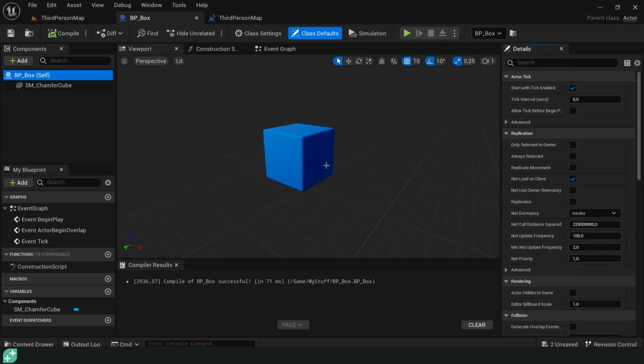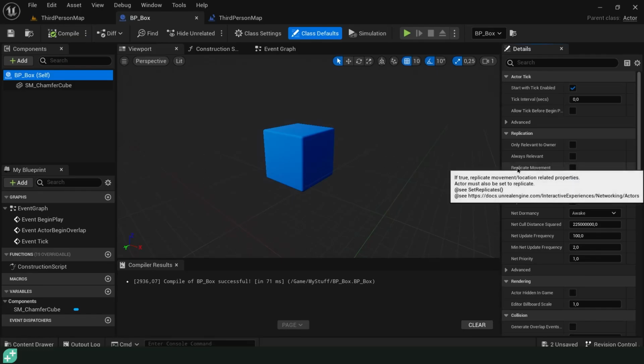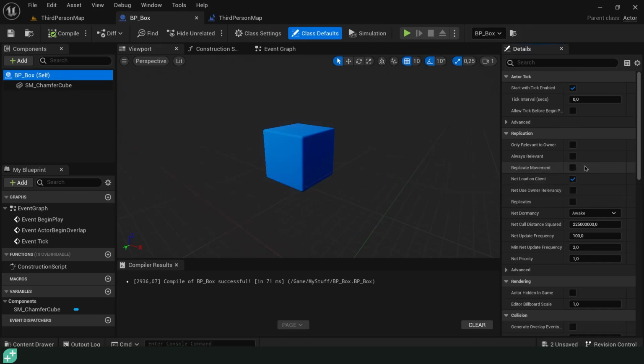It has a static mesh of a cube and nothing else. If you take a look at the details pane, we have some settings for replication. You can see that we have Replicates. If you turn this on, this blueprint actor will be replicated. We also have Replicate Movement. If you turn this on, then the location, rotation, and the velocity of the blueprint actor will be replicated as well. Let's test the game with these off, and then we'll come back and turn them on and see the